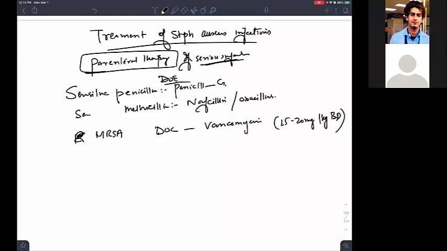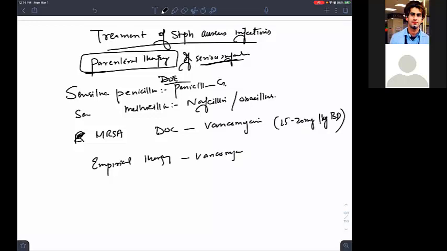If you don't know that it is MRSA, now you are telling me, sir, I don't know whether he is MRSA or not, so what to give at that time? You will be giving an empirical therapy so that you can cover all the things. So you will be straight away giving vancomycin in the empirical therapy. What is empirical? It means I don't know whether it is MRSA or not. I'm actually taking in my mind that let us cover everything. So I will be giving vancomycin.